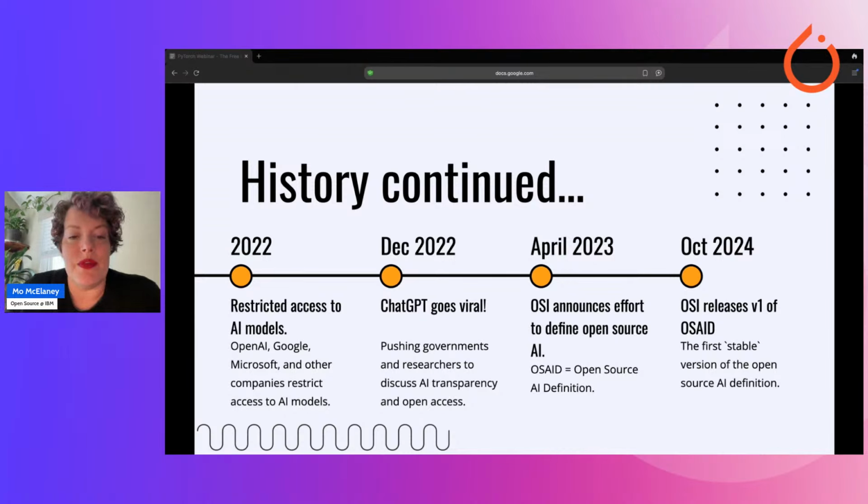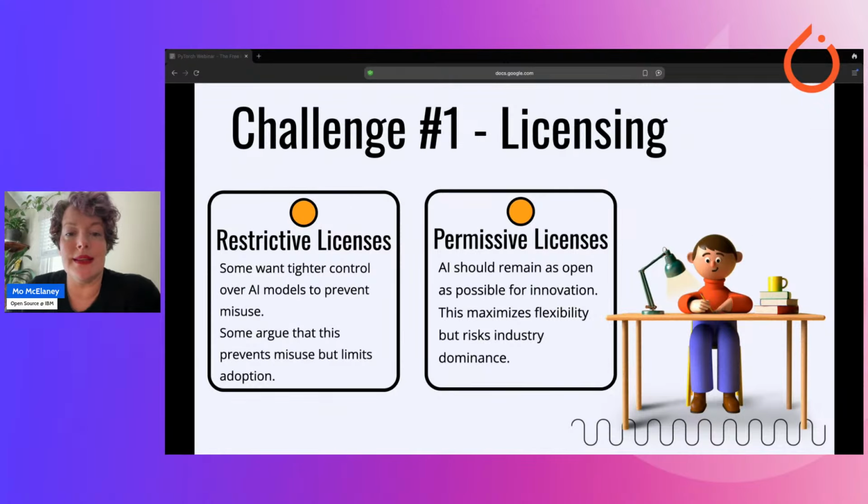And that was the culmination of efforts of many, many people, many, many debates. And it's going to continue to evolve because of that continued debate that's happening. So let's talk about some of the challenges that still exist in spite of this new definition.